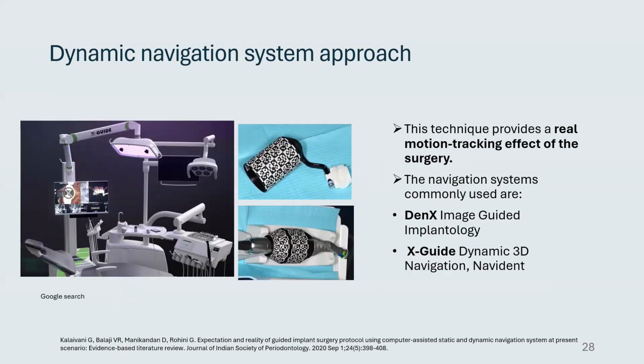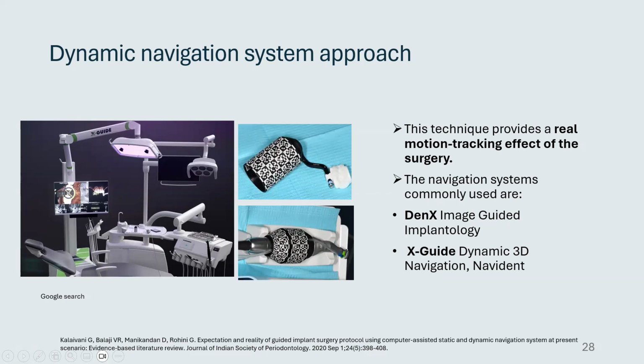Okay, and then we have the dynamic navigation system approach. In this system, we said it's like a GPS. It's a real-time tracking of the motions of the handpiece during the preparation of the implant site and during the placement of the implant. So the system is composed of, as you see in the picture on the left, this unit with a head position here over the head of the patient. We have the emitting light unit with two cameras attached to it,